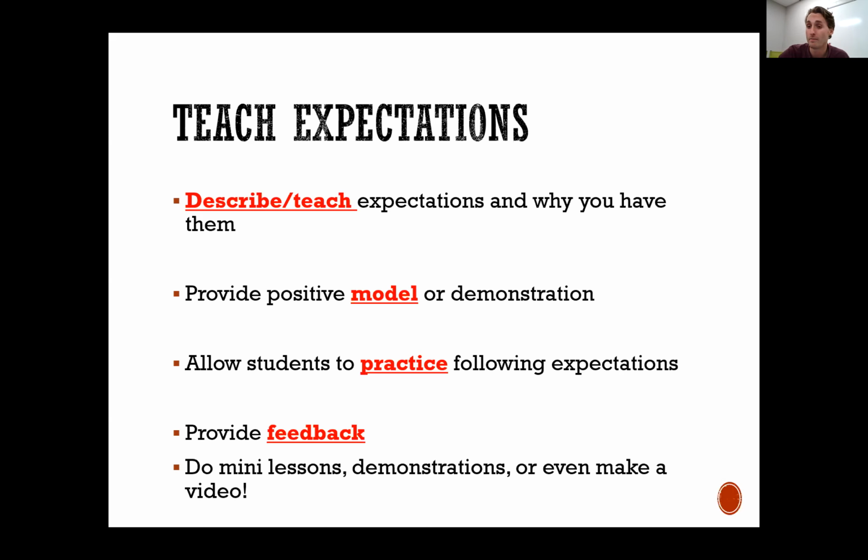And let's say that we've made an example of being safe, of we sit in our seats and we keep our hands and our feet to ourselves. That's what we consider being safe in the classroom. So the first thing that we want to do if we're teaching this expectation to a class is we want to tell them explicitly that. We want to say, hey kids, the first expectation we have is being safe. And being safe looks like having our hands and our feet to ourselves, sitting with our bottoms in our chair and our feet on the floor. That's what being a safe body looks like in our classroom.